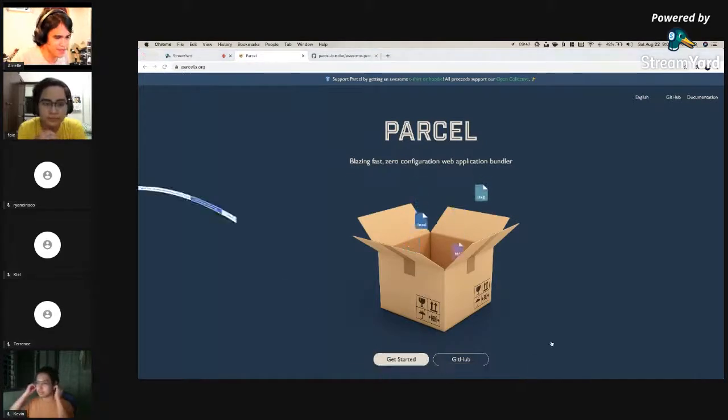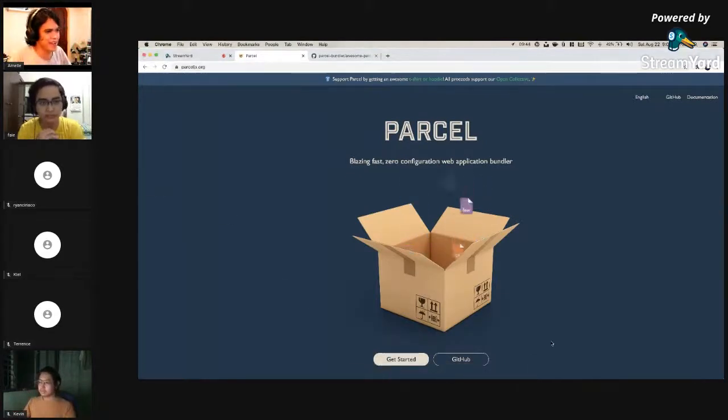So Parcel is a module bundler, similar to Webpack or Rollup. They serve the same purpose: to build your apps so that you can serve them later on to your users. But one of the reasons why I like Parcel is the zero configuration feature. I've used Webpack a lot, but with Webpack you have to write your own Webpack config, and also if you use boilerplates, for example, for React or Vue,